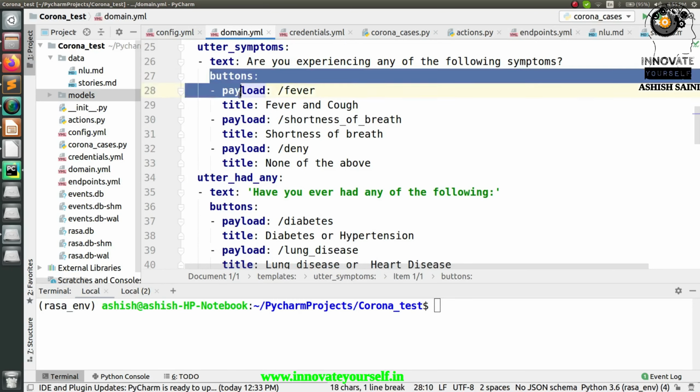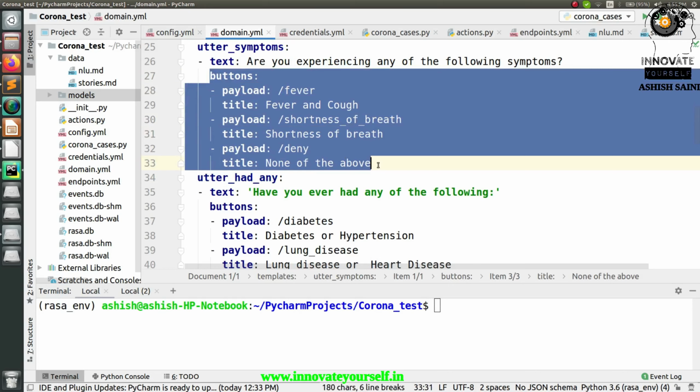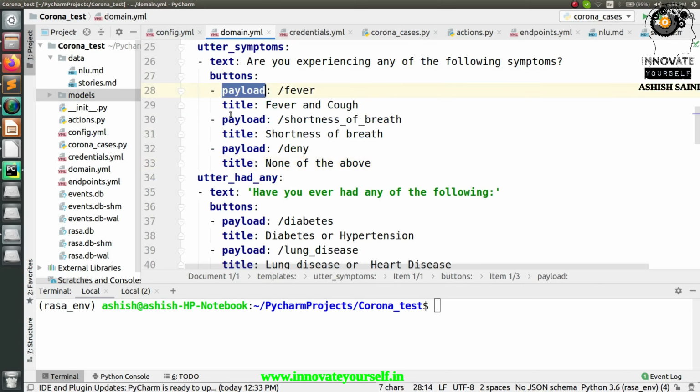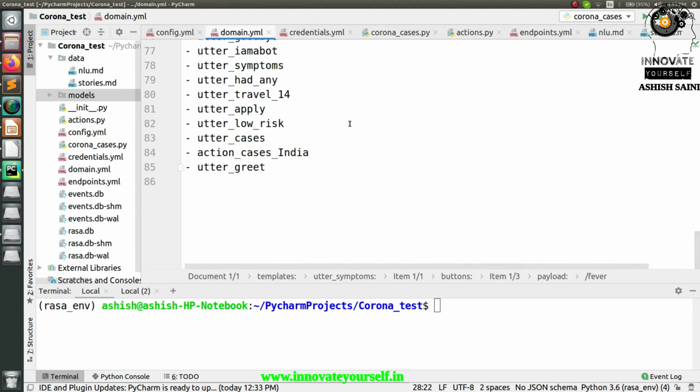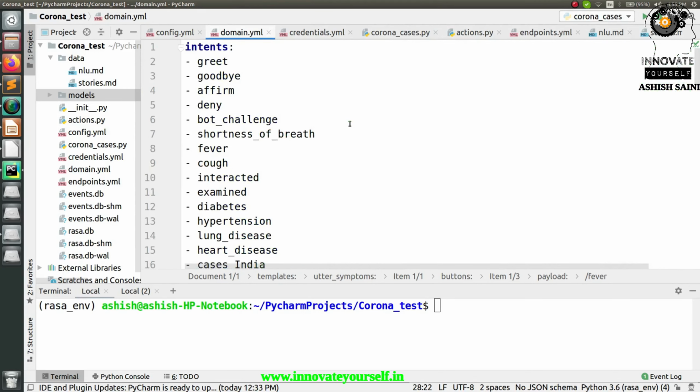And here you can see I'm using this button payload, so that is the reason that in the output, when the bot replies, you will not get any text value. Instead it will give you some options which you can select, and whatever option you select, it will reply according to that. These are the intent values, and with respect to that I have given a title. So when you click on that particular button, this message will be displayed instead of the intent value. So this is the complete part which I have done.